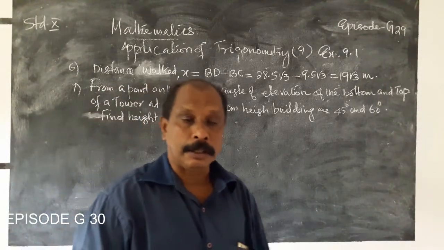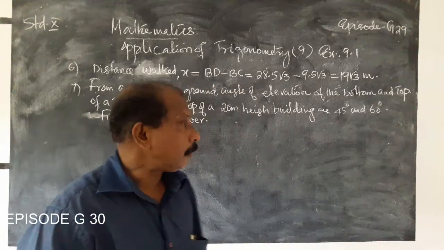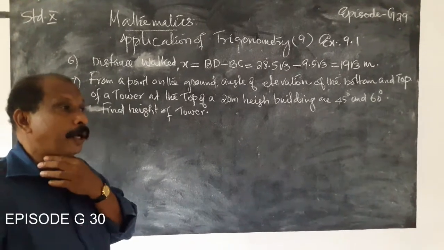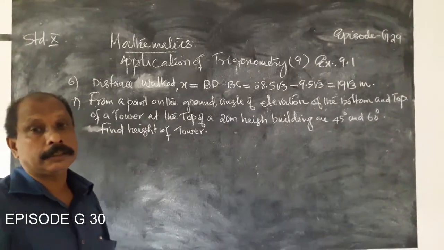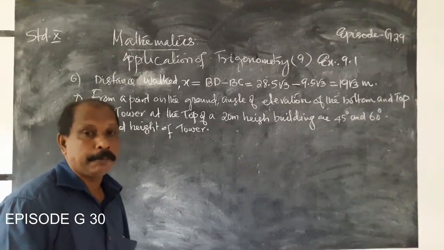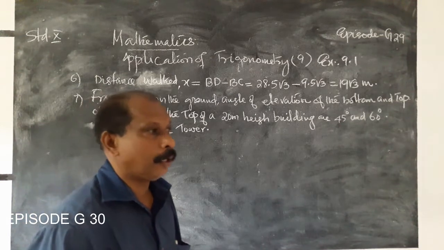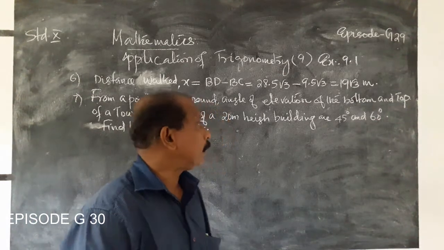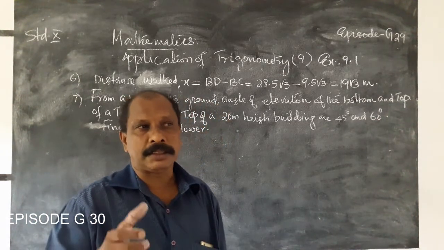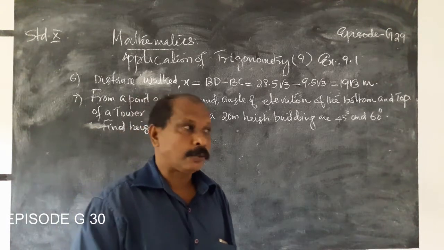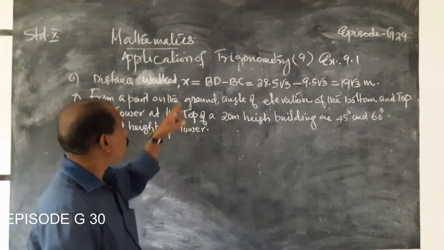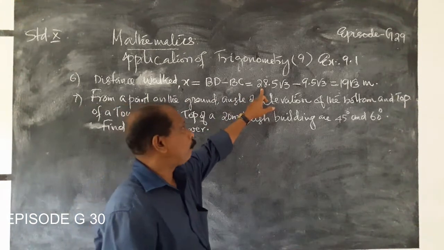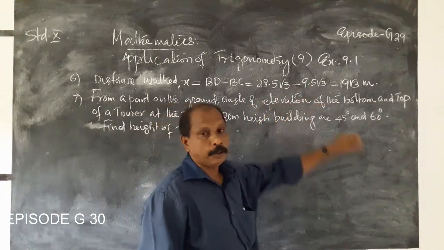Dear students, in the previous episode, the last part of question number 6 is we can find out the distance BD and BC using the formula. BD we get 28.5 root 3 and BC is 9.5 root 3. Then the distance travelled by that boy towards the tower is x and it is BD minus BC. That is 28.5 root 3 minus 9.5 root 3, that is